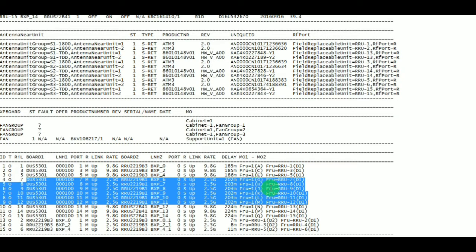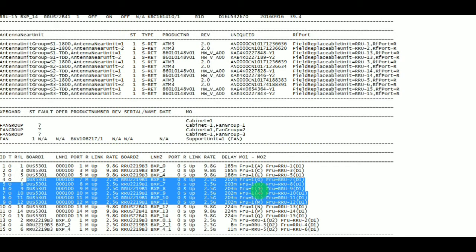These are the connectivity details between baseband and the radio unit through fiber. This is G port from the baseband 6630 to the RRU 7 D1 data 1 port. This is H port from the baseband 6630 to the RRU number 8 D1 port, that is data 1.